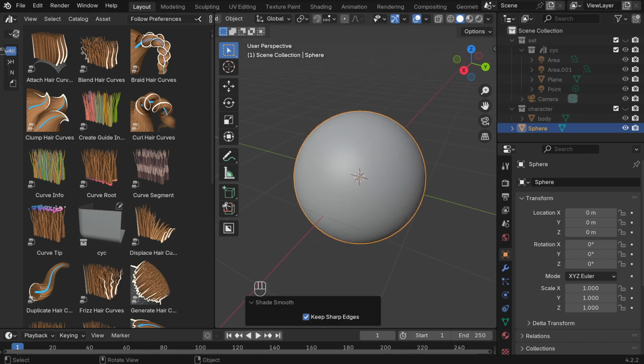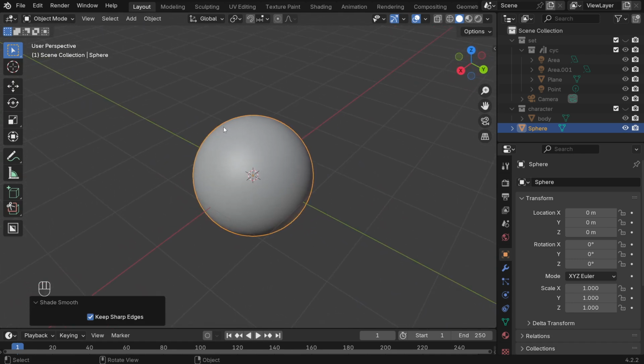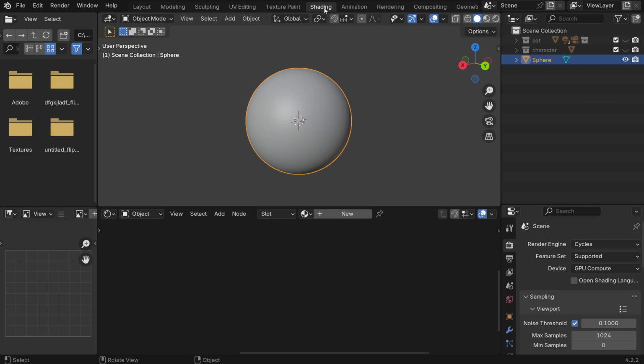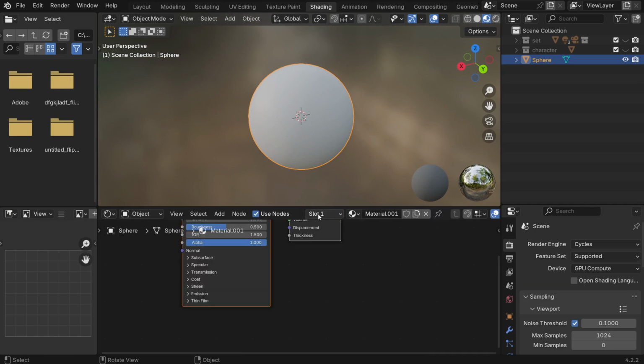Let's get rid of the asset browser. We don't need that right now. Now, this does not make an eye. Let's go ahead and switch to the shading tab. And let's look at this through the material preview. Let's give this a new material. We'll call this